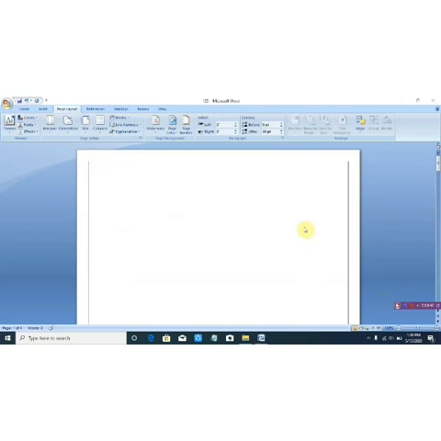Now the next is newsletter columns. When you type a document in Microsoft Word, the text flows in a single column between the left and the right margin. Suppose when you are writing something in the document, whatever you are typing will flow in a single column.